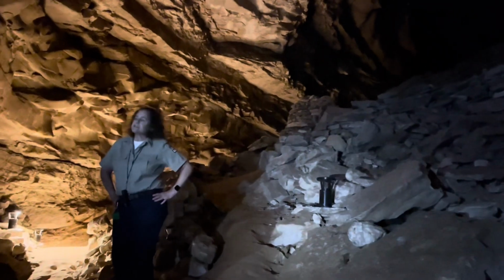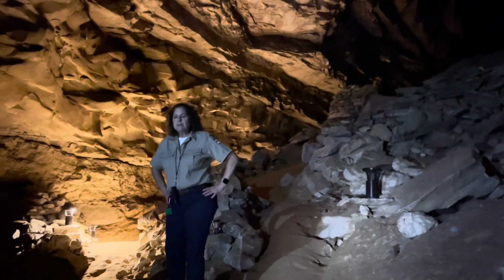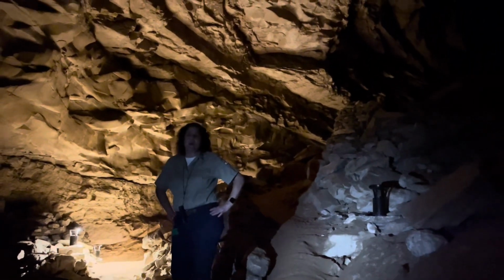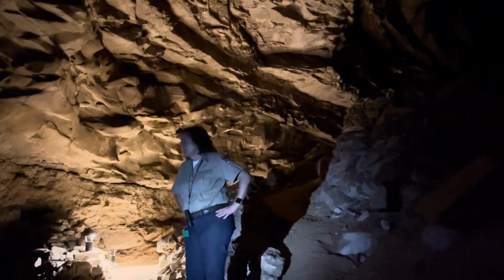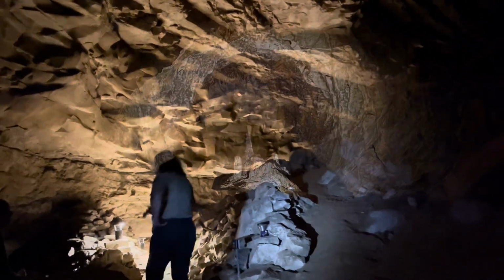So before 1941, you came in on the other side. You didn't come in on this side. So all the tours and all the people came in from the other side. When you see what the mountain looks like from this side, it's totally different from the other side. Really? If you look behind you, you can see